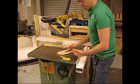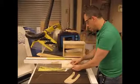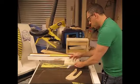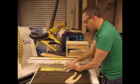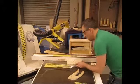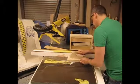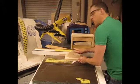I step back, off to the side. I'm watching. I'm making sure this is nice and tight on the fence here, so you want to bring that in. It's nice and tight along that fence when I go ahead and cut. And that's where my eyes follow. I never have my eyes follow around the blade, ever, okay? So that's not an issue, all right? I'll turn that on. Keep it nice and tight in there. Nice and tight, watching, making sure it's nice and tight against the